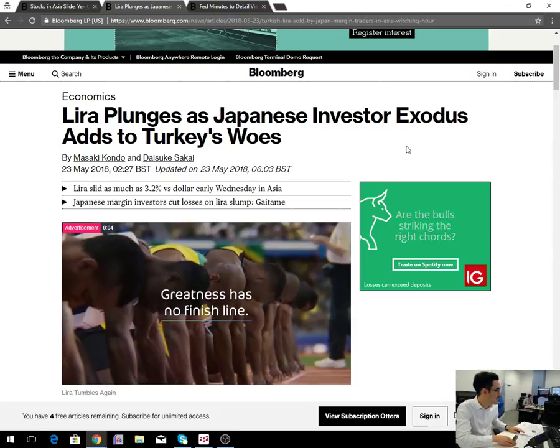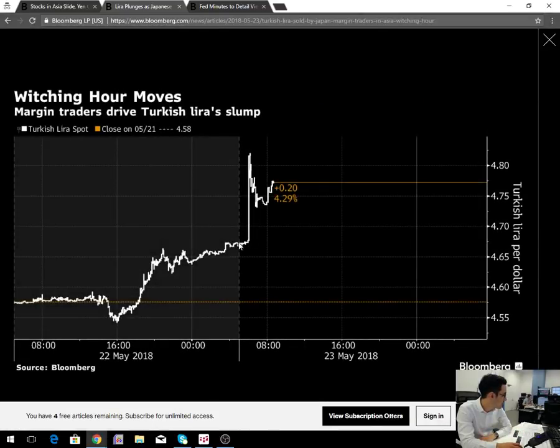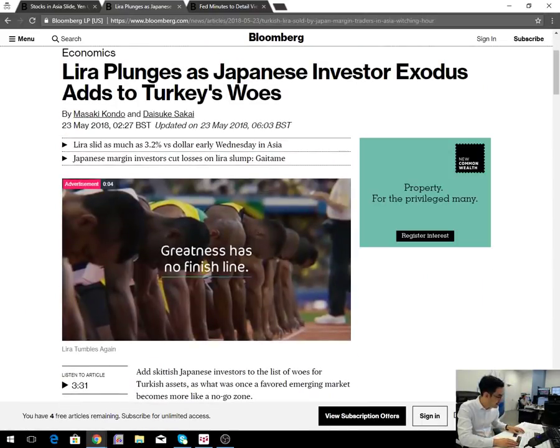Now, what this has led to, and this is what some of these articles are referring to, is you had a bit of a pop in price action. You can see that on that initial move there, and they're talking about margin traders driving the Turkish lira's slump. And so what this is referring to is in Japan specifically, where interest rates are so low, and they have been for such a long time, i.e. zero, then you get this kind of hunt for yield, and with Turkish bonds having yielded around 14%,